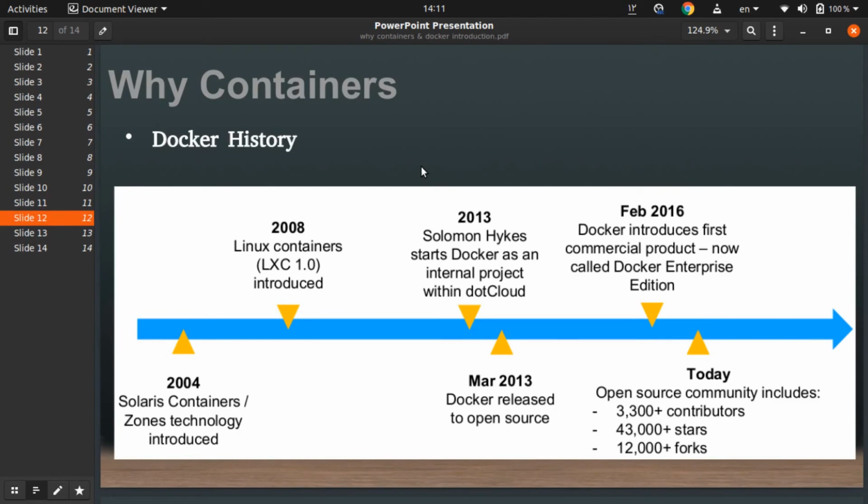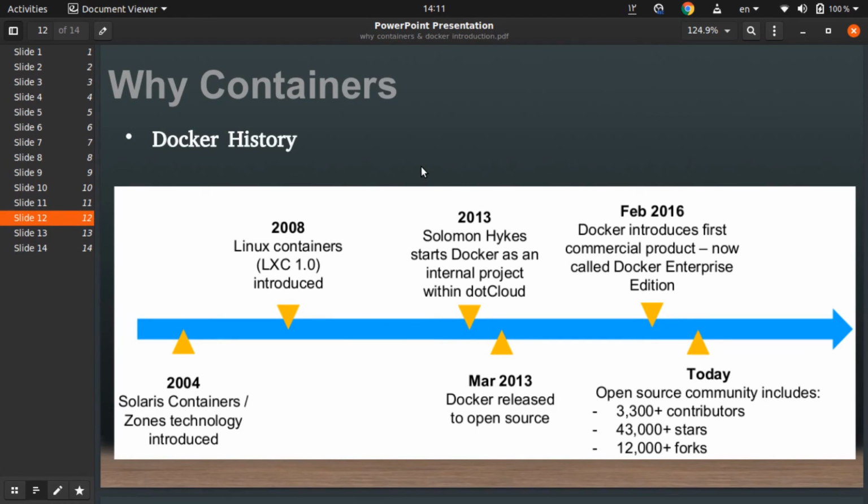There is a Docker history, and we need to know about containers and Docker history. In 2004, Solaris Containers were introduced from Zones technology. After that, in 2008, Linux Containers, LXC 1.0, were introduced. In 2013, Solomon Hykes started Docker as an internal project within dotCloud.